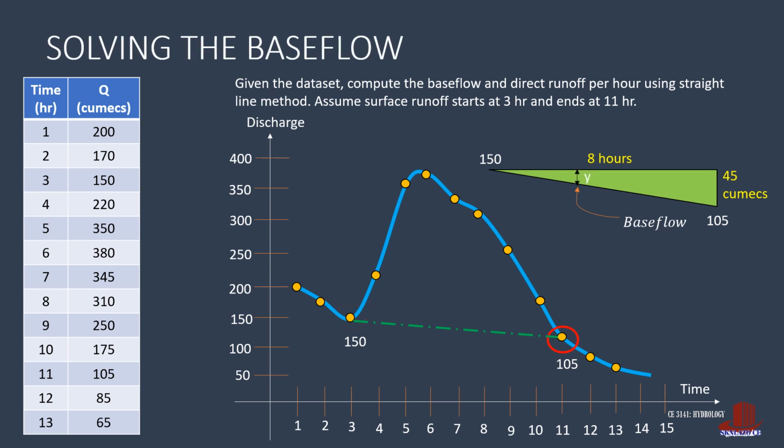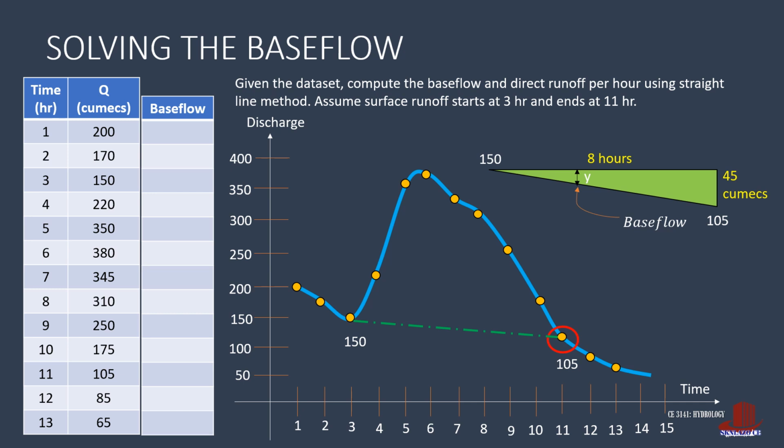Let's then compute for the base flow. This is computed starting at the 3rd hour. At this point, note that the discharge is exactly 150 QMEX, which means the base flow is also 150 QMEX. The succeeding hour can then be computed by using similar triangles or ratio and proportion. Taking the small triangle, y is to 1 hour as the total triangle has 45 QMEX is to 8 hours. Y is then